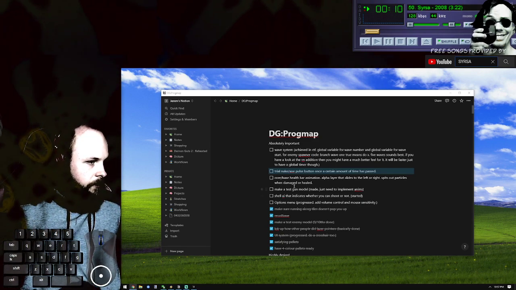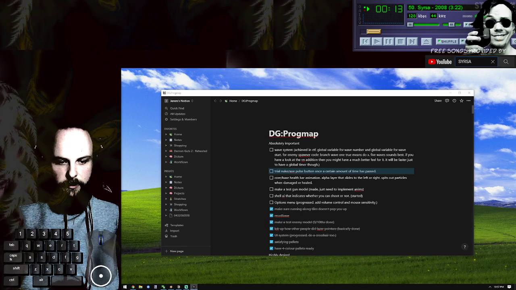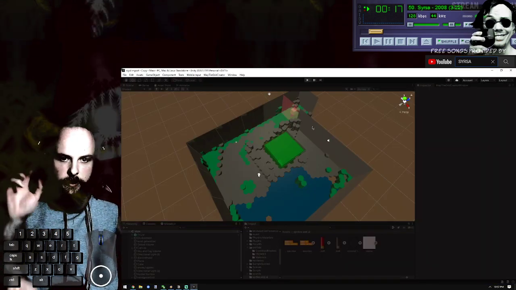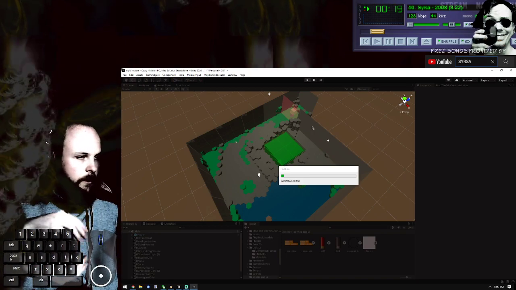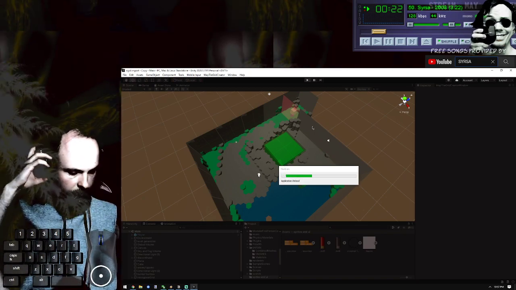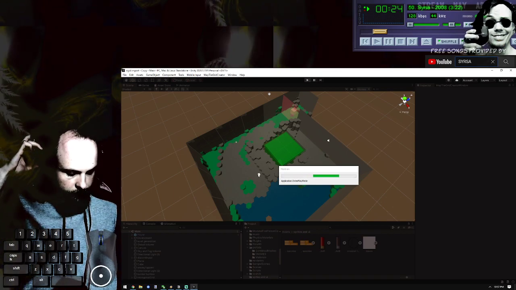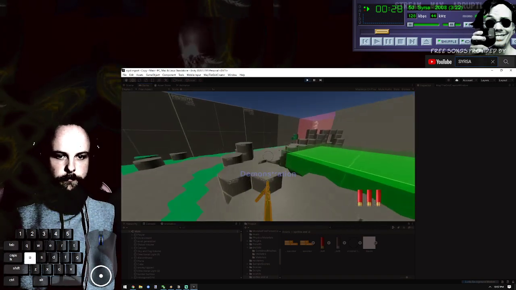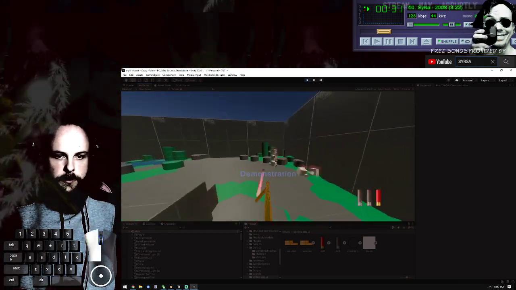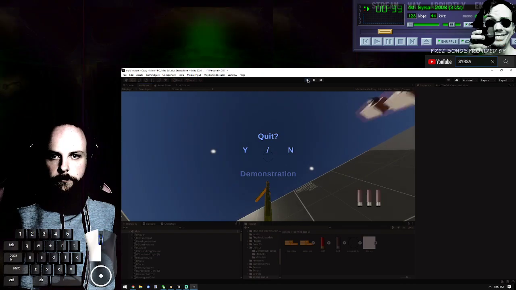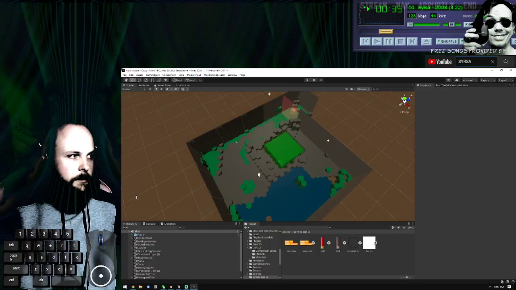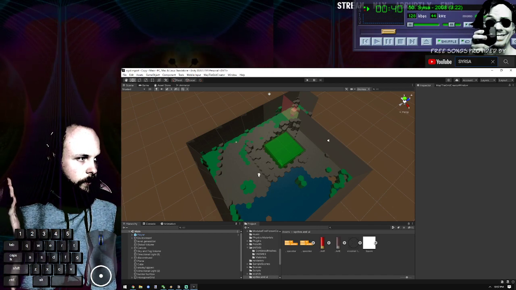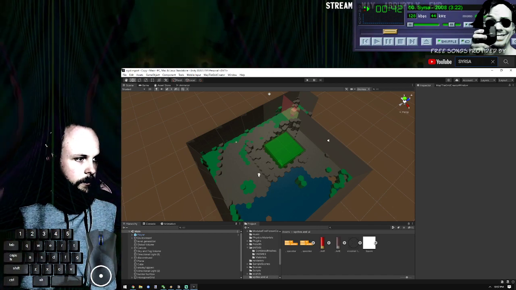By the way, so far so good. I mean, yes, but what was really bugging it out was when I was consistently doing code and popping into the game, popping out of the game over and over again. I can hear the fans right now on the graphics card. This shouldn't really do much. I think if I stream for 2 hours and there's no blue screen, then I'm fine.